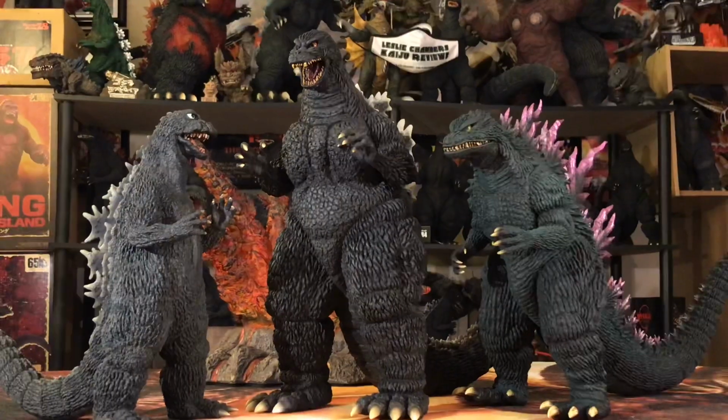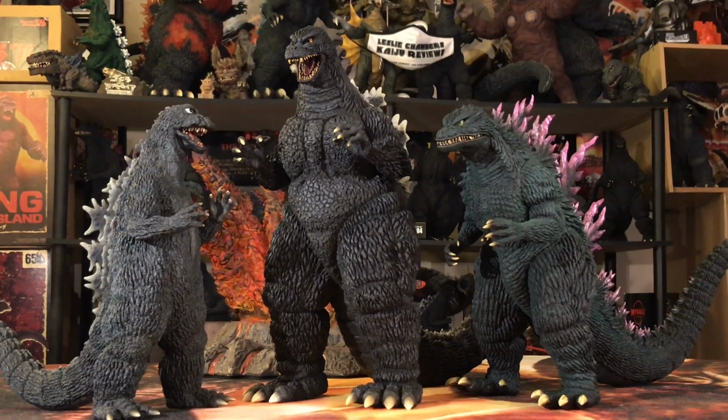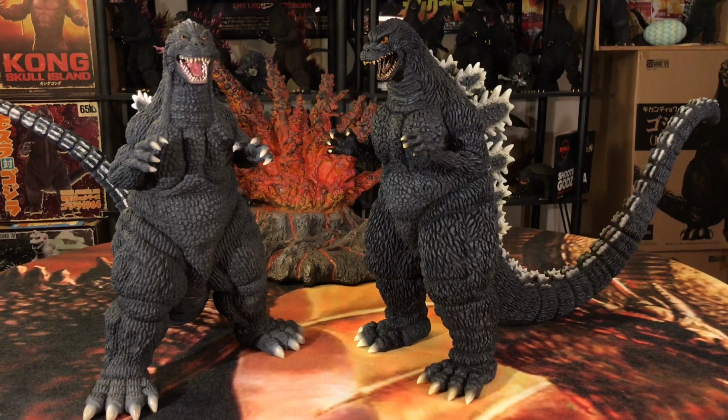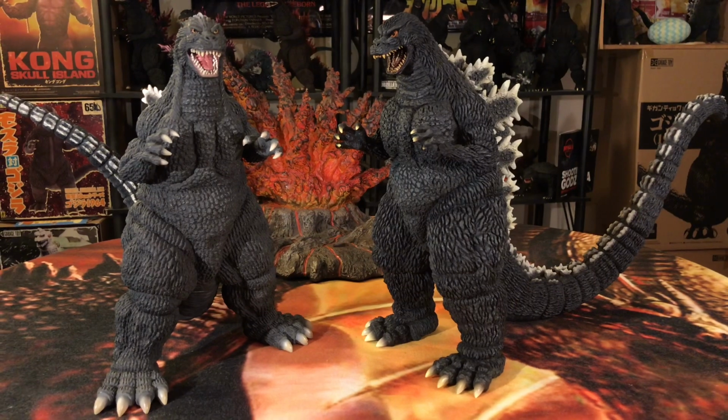I don't know who they got doing the sculpting nowadays, but between this figure, the 2000 25 centimeter that came out last year, and the 25 centimeter 64B Godzilla, if you take this figure's sculpt and put it up against the 92, as I mentioned earlier, you can definitely see there's a difference between the two sculpts. Now, I won't say this is Sakai level detail, but it's a little step below it, which is still high praise in my opinion. Whoever they got doing the sculpting, they're doing a good job with this recent crop